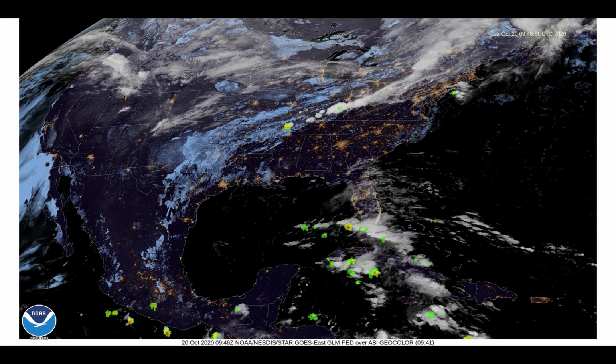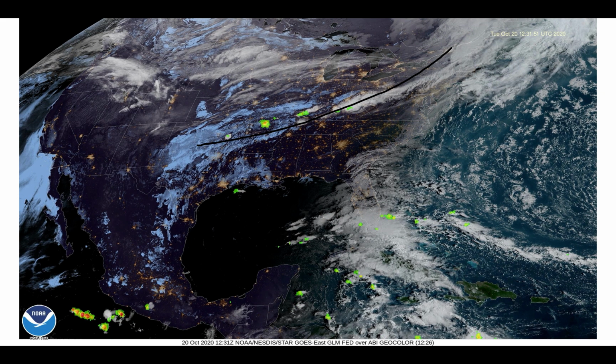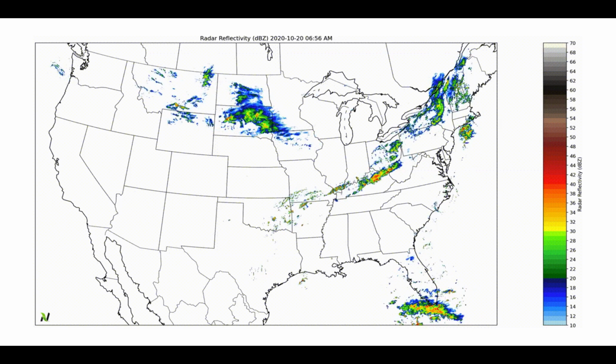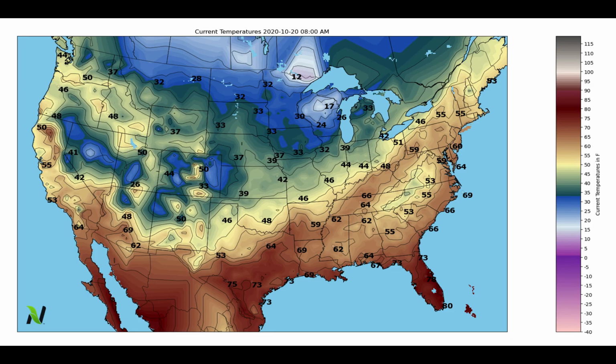Well, we'll start with the satellite picture here on Tuesday morning. We've got a frontal boundary kind of stalled out from the eastern Corn Belt into the Ozarks. Several rounds of showers and storms ongoing within that from eastern Oklahoma into western Arkansas, north into Missouri, and then again into the Ohio River Valley. That's going to continue to be the theme here as we head through the next 24 to 72 hours before we start to bring some of that precipitation a little bit further south and east across the rest of the